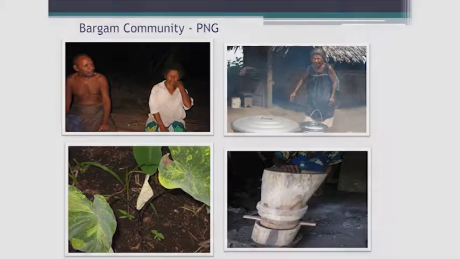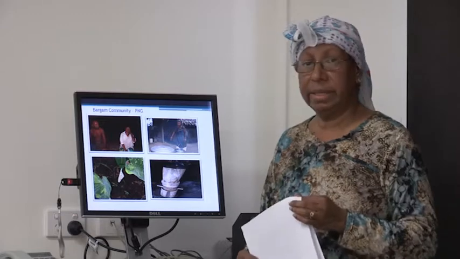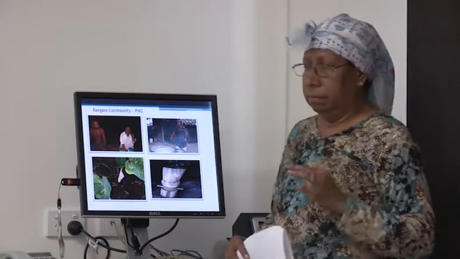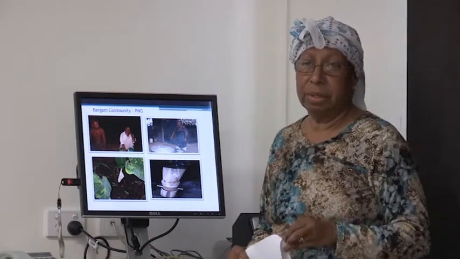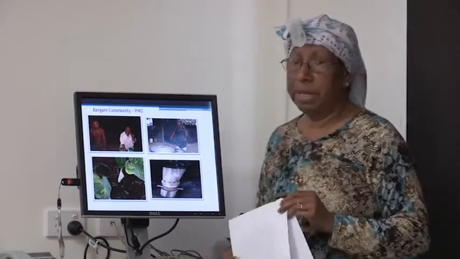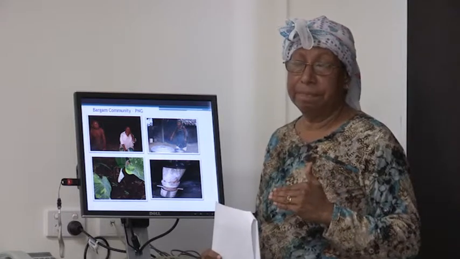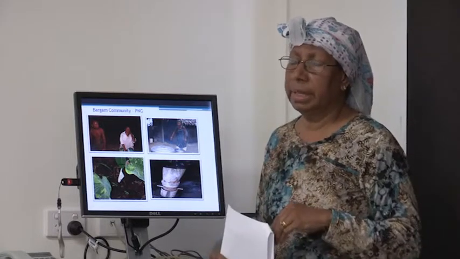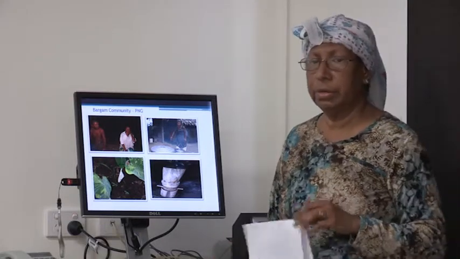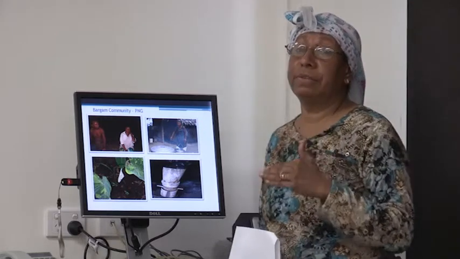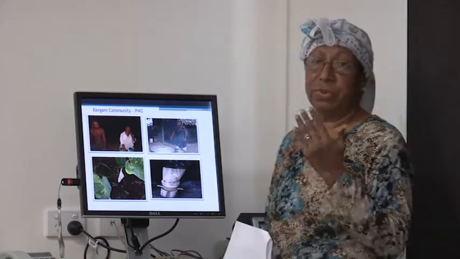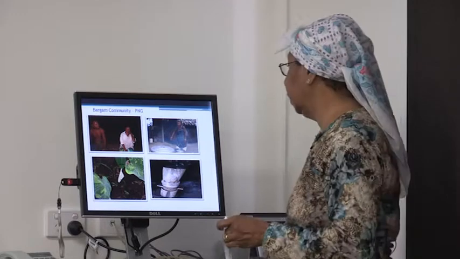And what you see at the bottom right-hand corner is a rice mill that this community has made. There's a farmer there who makes the meals from readily available resources, and they're able to use this to mill, because to take rice out of the community is expensive, and access is just difficult. And even if you do get to take the rice out of the community, you need to pay for transport. You need to pay for the milling cost of rice before the farmer actually benefits from it.